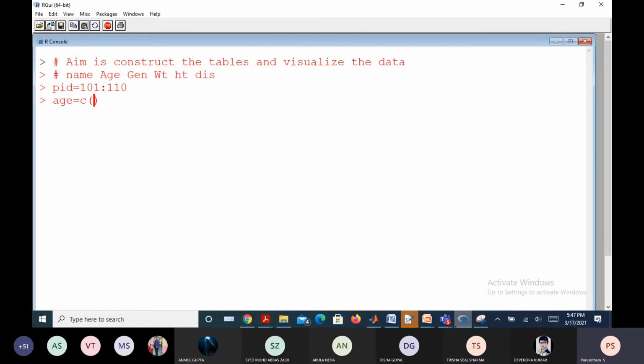Can you give someone randomly 10 values for the age? 5, infant. 18, younger. 32, adult. 70, maybe senior citizen. 110, sorry. Likewise, you can take your own values, right?